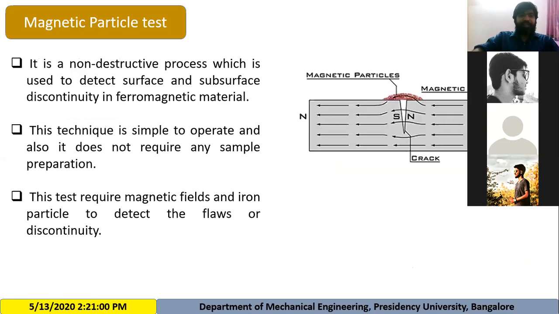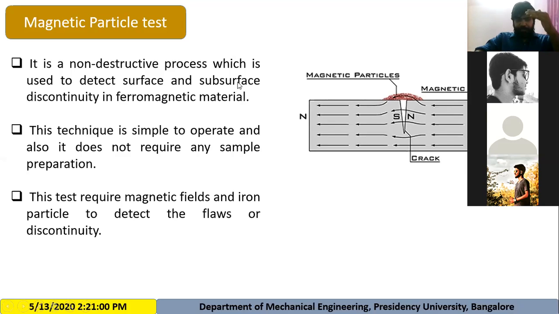Next is the magnetic particle test. In the magnetic particle test, it is a non-destructive process which is used to detect surface and subsurface discontinuity in ferromagnetic material. One thing to note is that it is only applicable for ferromagnetic material, and it is able to detect surface as well as subsurface discontinuity.